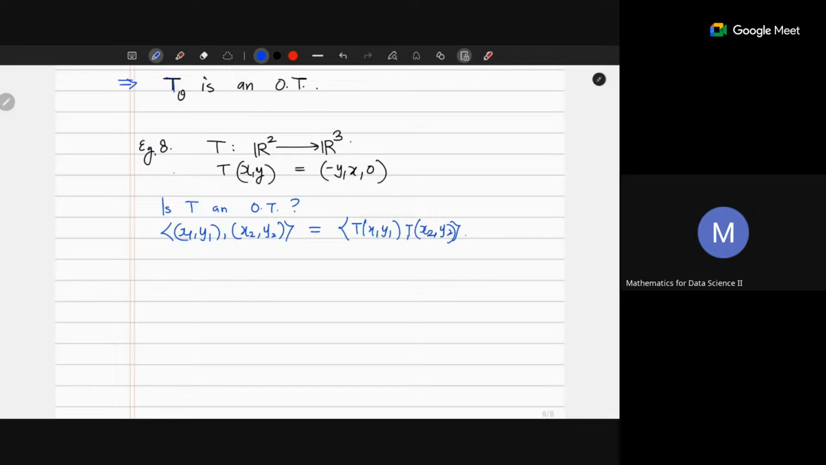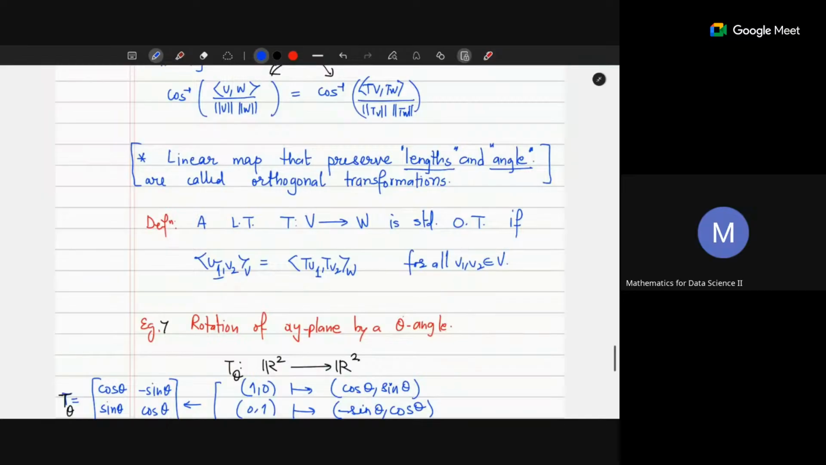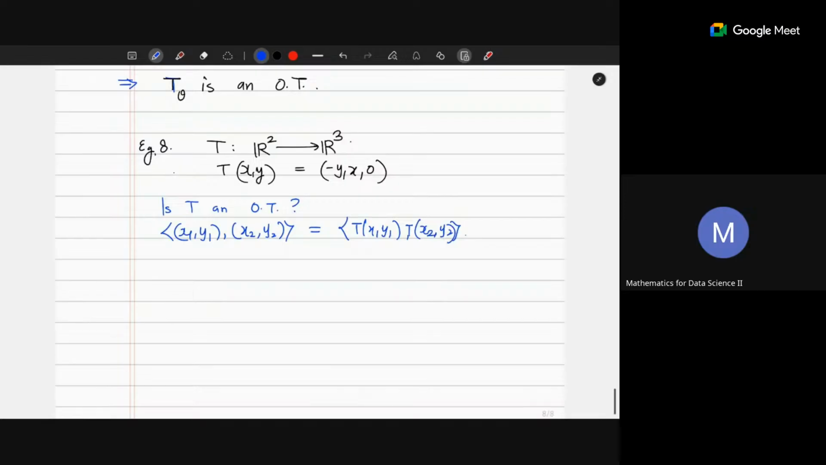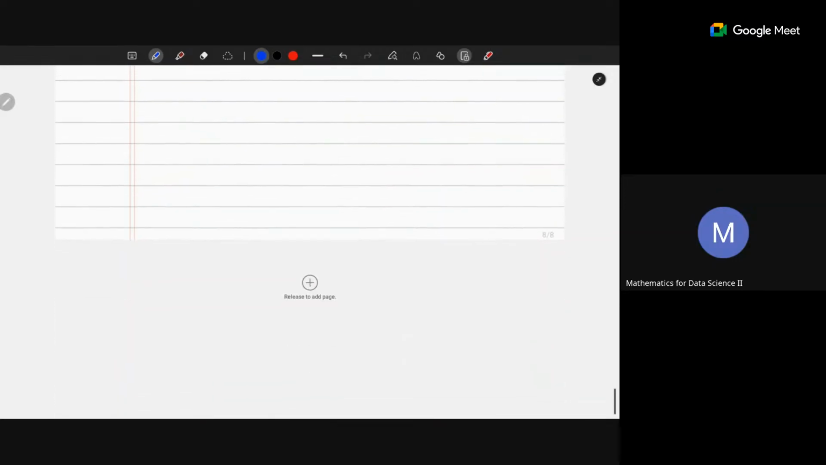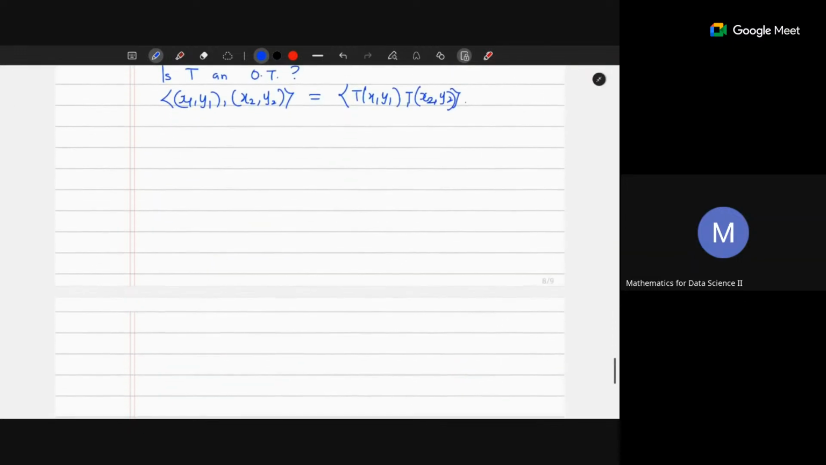So what we have noticed here is that orthogonal transformation need not be between the same dimension spaces. In this case, the dimension of domain is 2, dimension of codomain is 3. I gave this example because earlier the examples that I discussed were between the same dimension spaces. That is one thing. The other thing is that